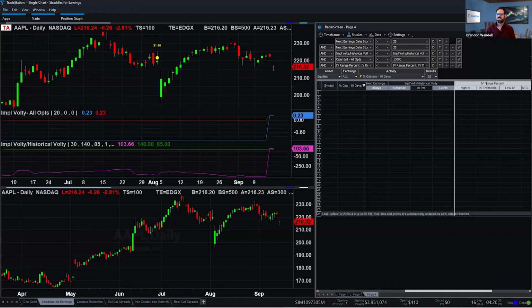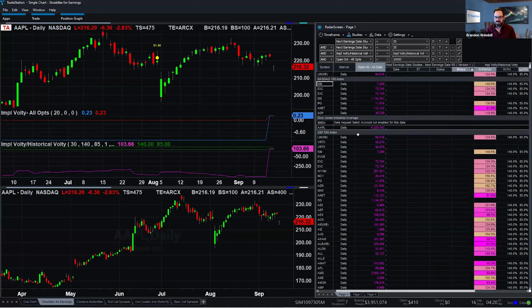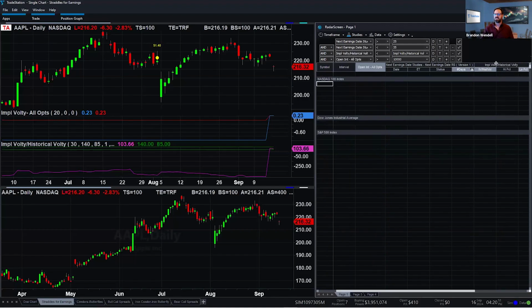And there's one indicator here called IV range percent. And I believe on my watch list, I got to populate and fix this a little bit more, but that's okay. I can take a look to see how is the current implied volatility versus the historic volatility. And we can measure this out and see if we have high or relatively low volatility, as well as good open interest and a few other